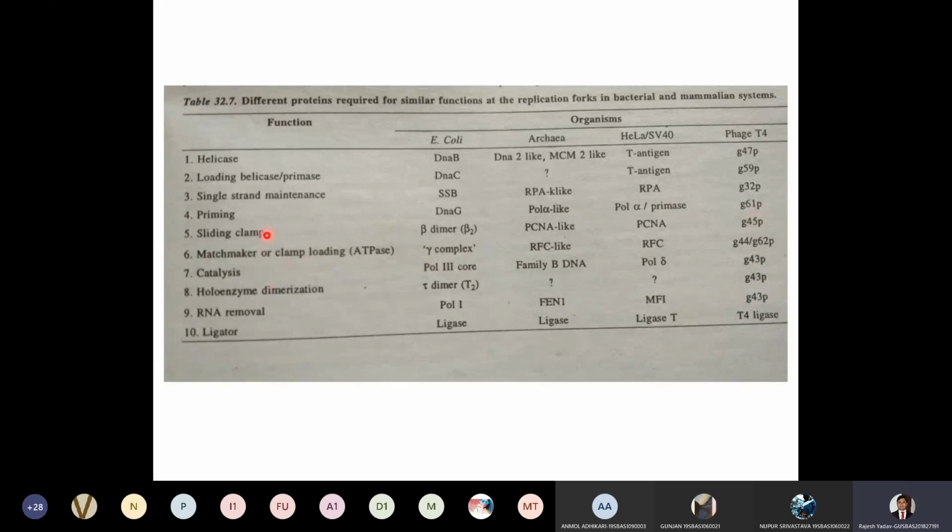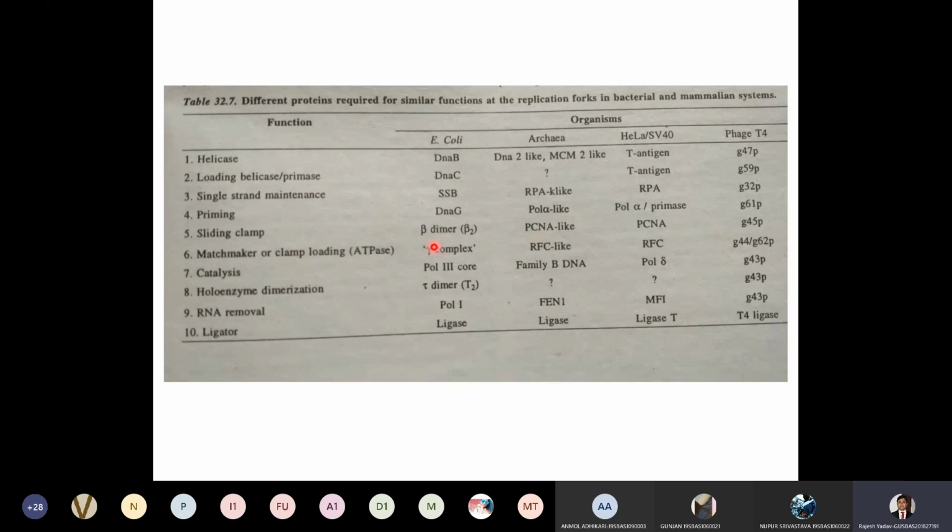Sliding clamp. This is present in the DNA polymerase third protein, and the function of the DNA sliding clamp is just to bind the polymerase enzyme on the DNA, so it will prevent the falling of the DNA polymerase third. That means the sliding clamp is a ring-like structure that binds with the DNA polymerase third enzyme, binds with the DNA and moves on the DNA. So it simply takes the DNA polymerase enzyme on the DNA और उसे गिरने से रोकती है।